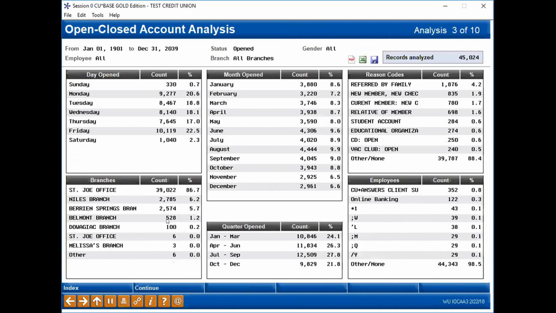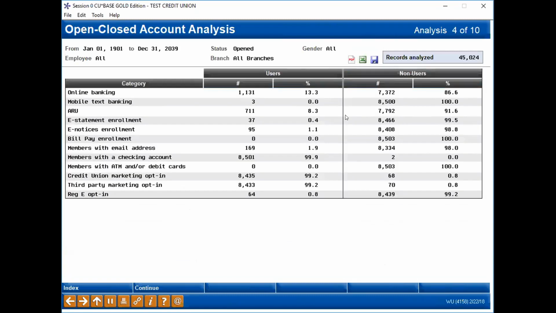What branch did they open their membership at, looking at the employee ID, who opened the most, various account opening reason codes. Again, just trying to answer more and more of those questions about who are these members, why did they join the credit union, did they come from a SEG, and how might I be able to duplicate this relationship that I have. I want more checking account holders. So let's understand who my checking account holders are, so I can try to reach out to more of these